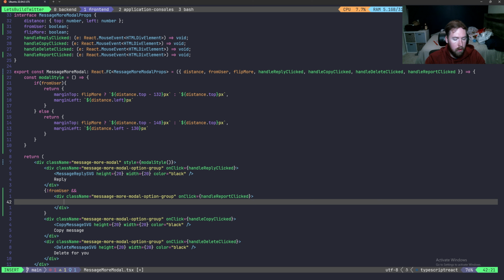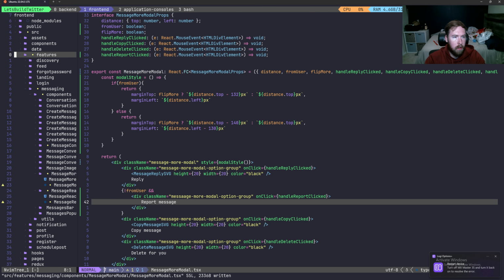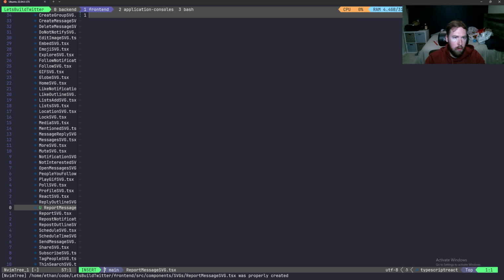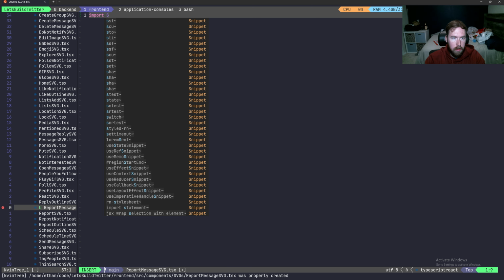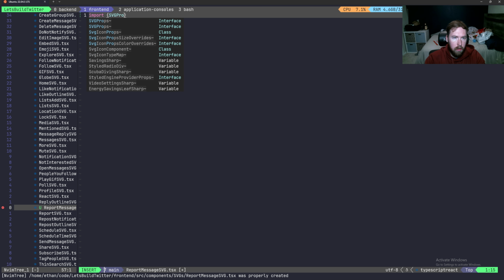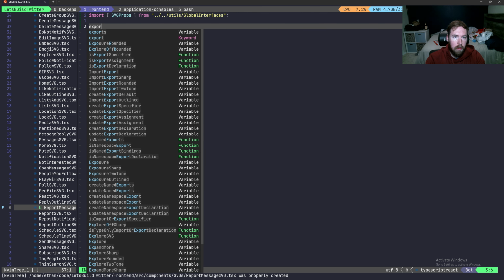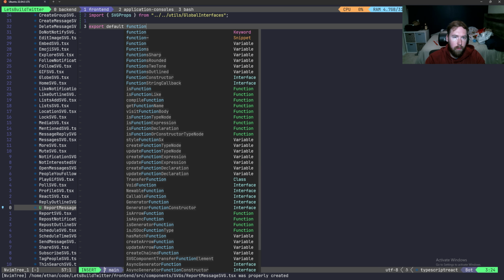That's what I was trying to say. And then this will say report message beside it. So now we need to grab that SVG. Before we do that, let's go into our components and set up the SVG component itself. So we'll say A, and then this is going to be a report message svg.tsx. We'll import our SVG props from our global interfaces, and then we'll export default function,